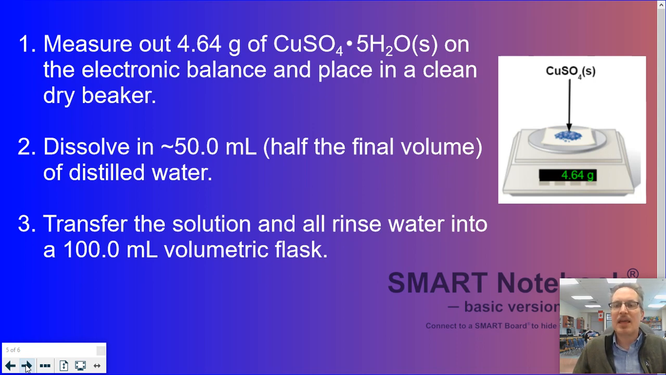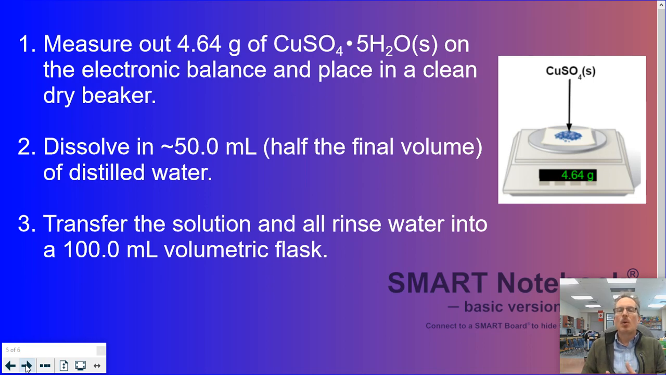balance. I then took it from the electronic balance and I placed it into a clean, dry beaker. Once in the clean, dry beaker, I'm going to dissolve it in approximately 50 mils of distilled water. Now, this volume is always going to change. If I'm going to make 100 mils of solution, I dissolve it in half of that, so I dissolve it in 50 mils. If I'm going to make 500 mils of solution, I will dissolve it in 250 milliliters of